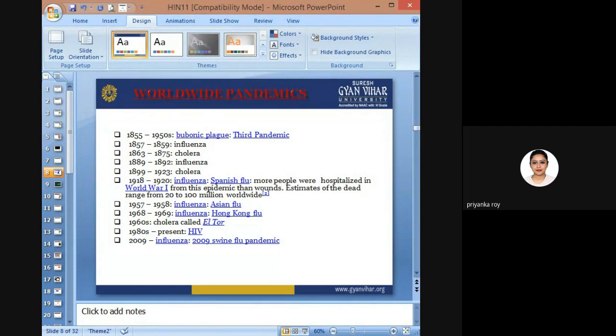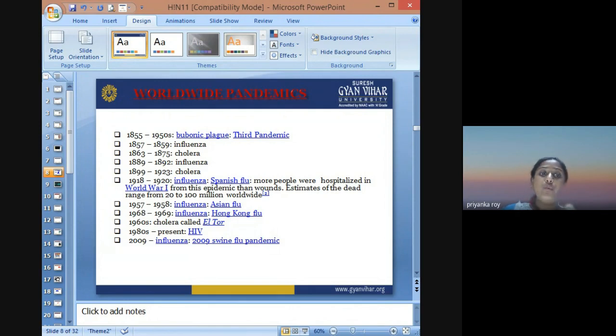HIV infections, that is, human immunodeficiency viruses that affected human immunity. Due to HIV itself, nobody died. HIV converted into AIDS, and AIDS was the reason that made people more susceptible to other diseases. If you contract HIV and it escalates into AIDS, you will die even of a common cold. Your immune system is so low due to HIV that you will die of other diseases affecting your body. Okay. Then in 2009,